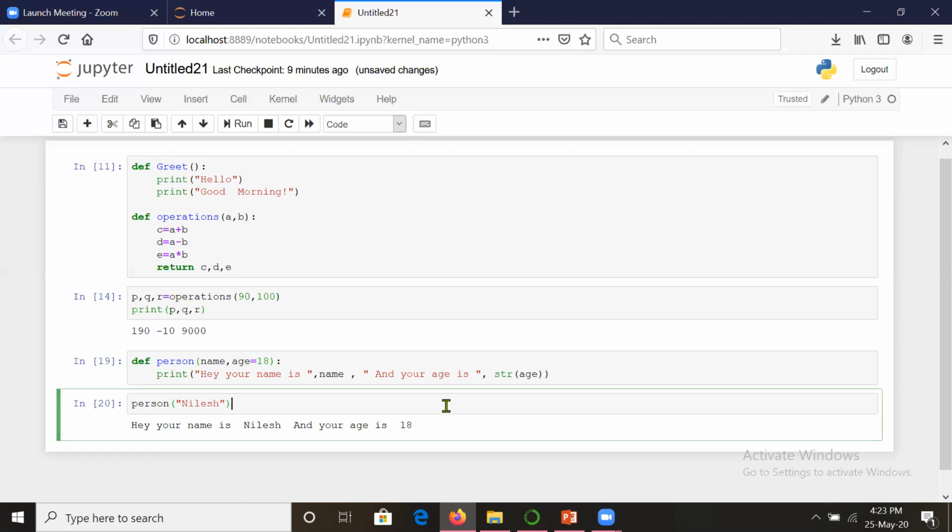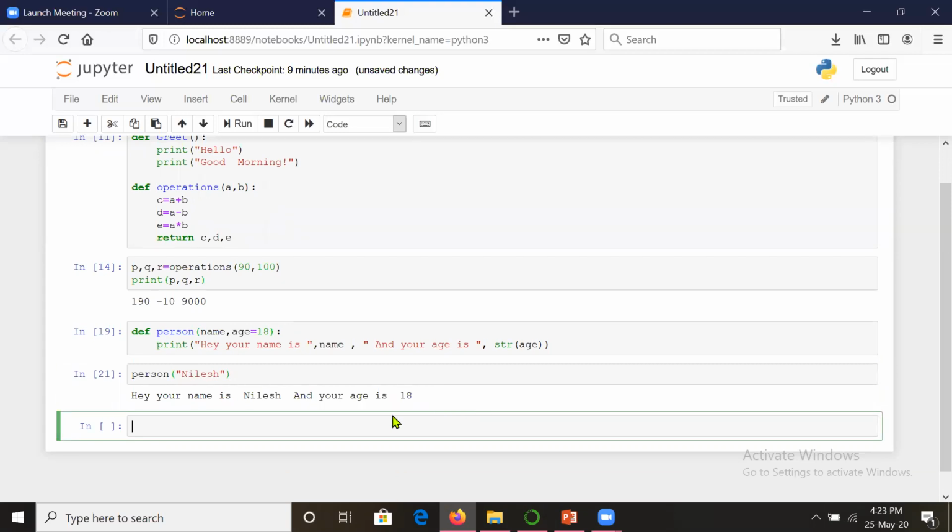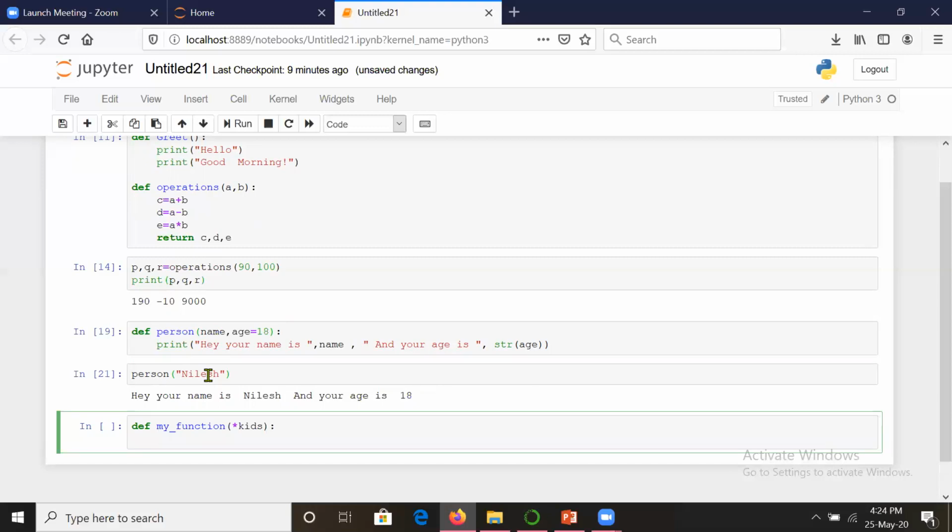Let us move ahead, and let us take another. Many times, as you saw here, the function was accepting two arguments and we sent one. So let us make a function argument dependent. That means you may send one value, you may send two values, you may send many values. That doesn't affect it. Suppose I am writing one function, my function, in which I will be accepting many arguments. So I will be writing star kids. Kids is the variable, and I am saying star.